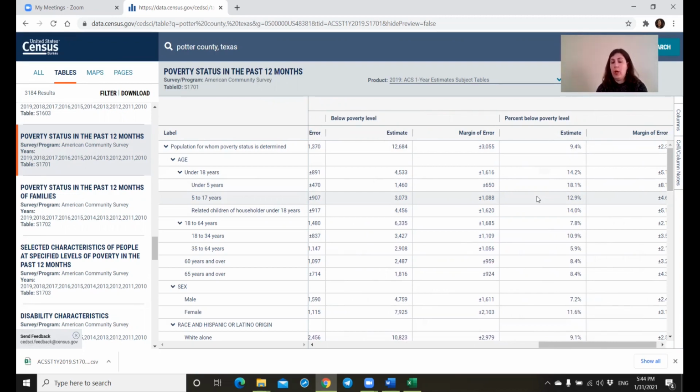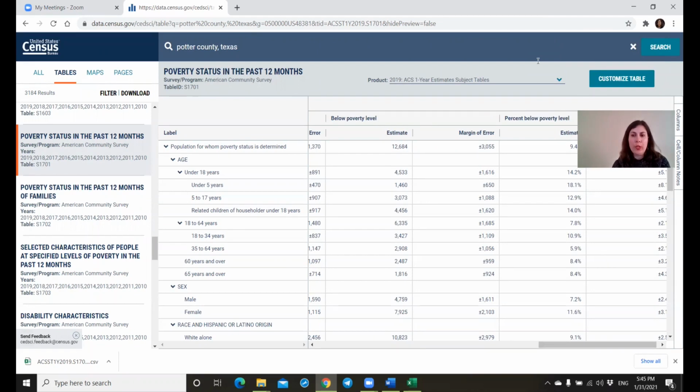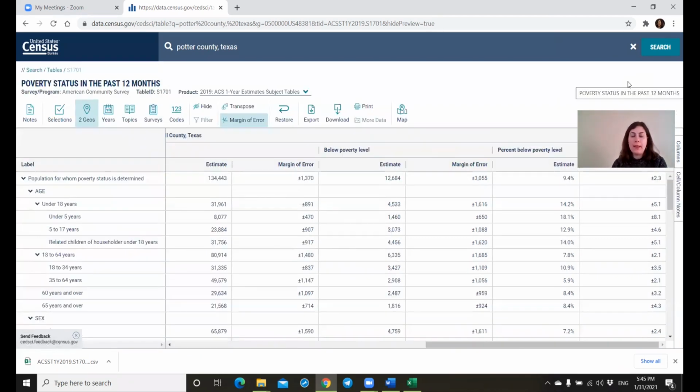You can add this to your community needs assessment project or assignment. This was one very helpful feature. And now I'm going to show you how you can create maps. To create maps for the topic of poverty, here you see one button which is customize table. Click on it, and then